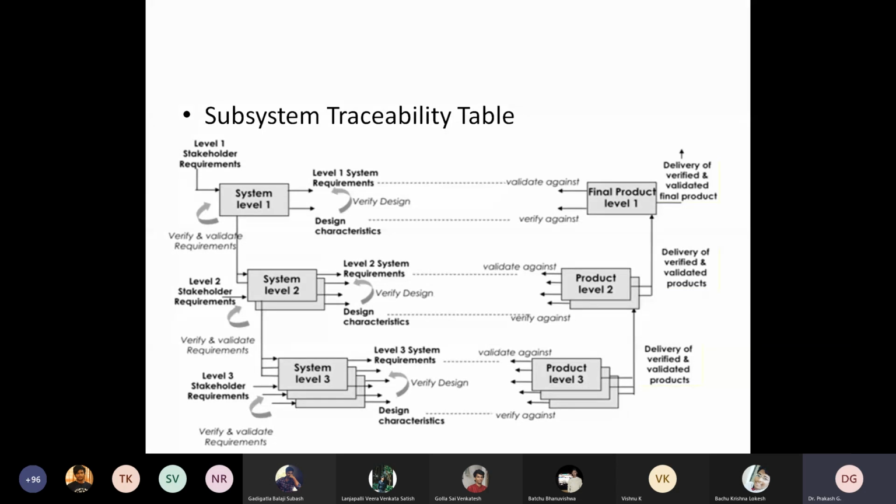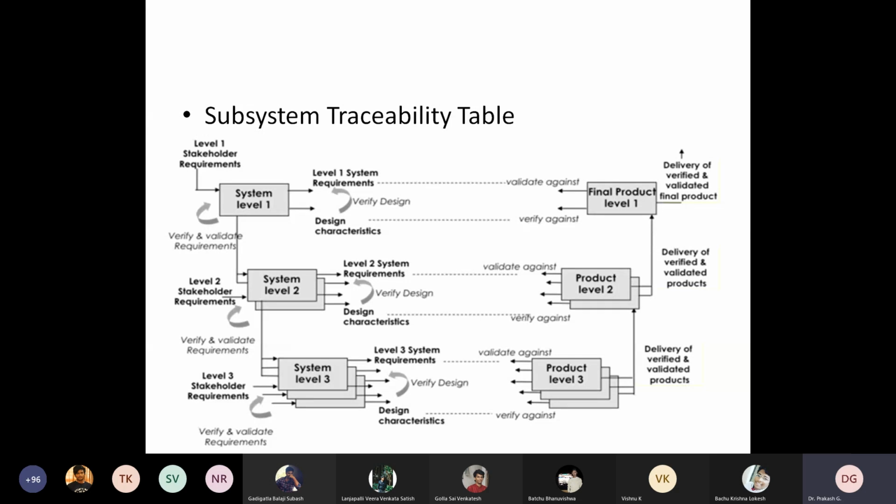On the left hand side, the system levels 1, 2, 3 are all considered under the requirement phase. On the right hand side, the final product levels 1, 2, 3 are considered under the final phase, that means the testing phase. During the testing phase, for each product, you are doing the validation and verification against these requirements, which are the system requirement and also the stakeholder requirement.